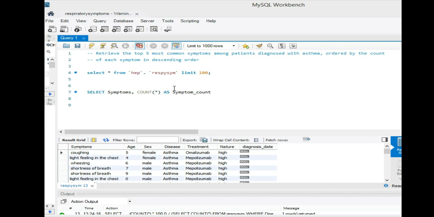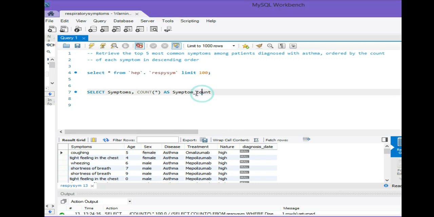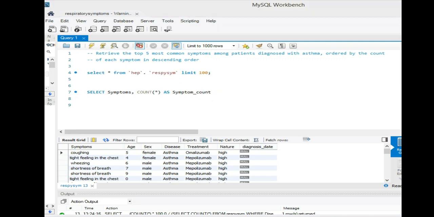Remember, an alias provides a temporary name for a column or table in a query result that makes the output more readable. Now from,